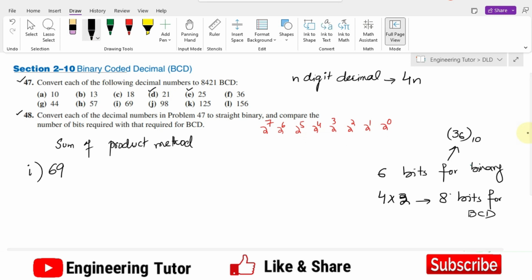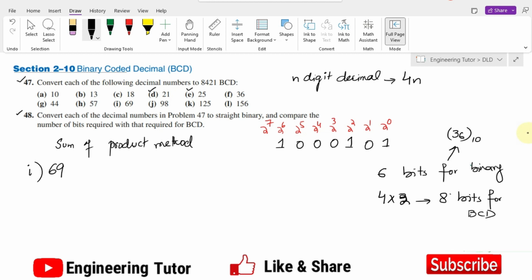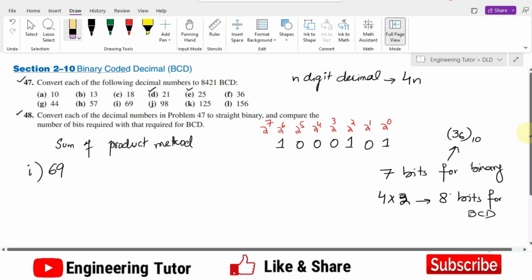So now for 69 I can see that 2 raised to the power 6 is 64, while 64 possesses the lower limit here. So 64 is 1, and how much is left now? 69 minus 64 is 5, so therefore this 2 raised to the power 2 and this 1 and all others 0. Okay, so 1 2 3 4 5 6 7, so 7 bits are required for the 69